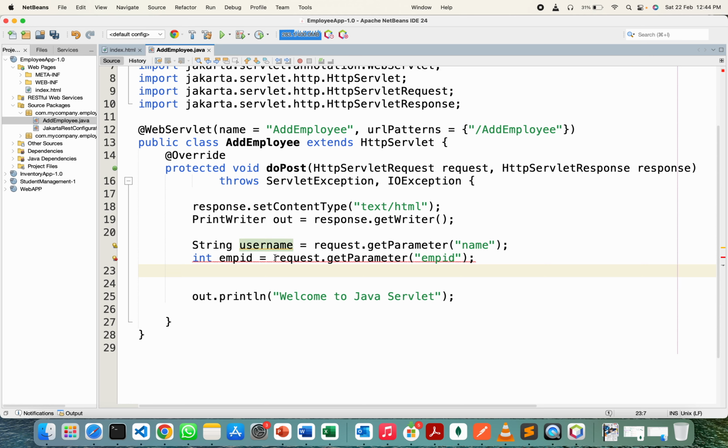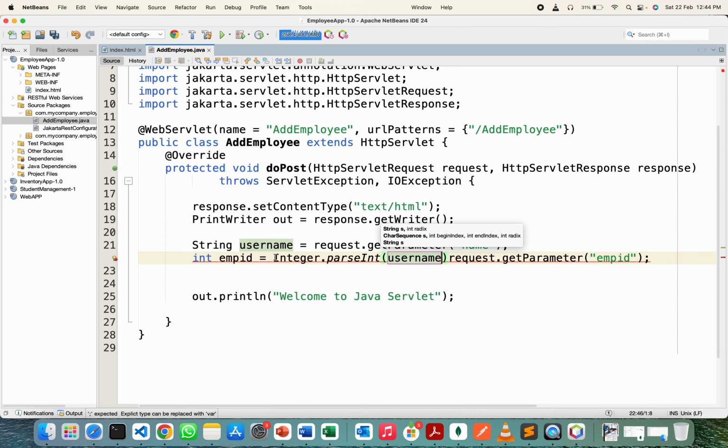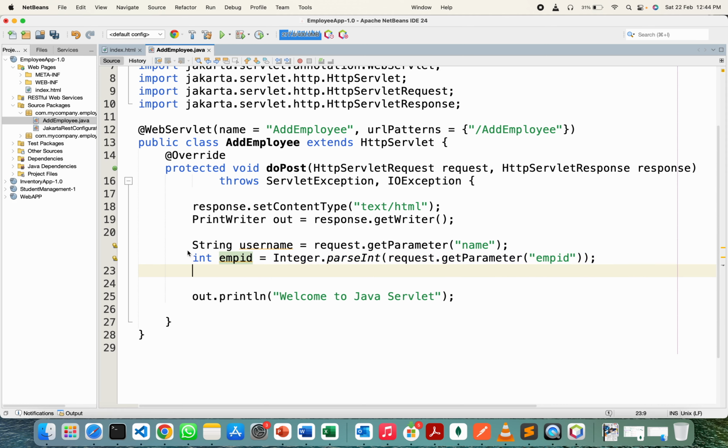So an incompatible type error may come. What we can do is use Integer.parseInt. We can convert that particular employee ID into integer format. And the salary also we need in integer format, or double format. We can store it as double. If you want double format, you have to use the Double class, Double dot